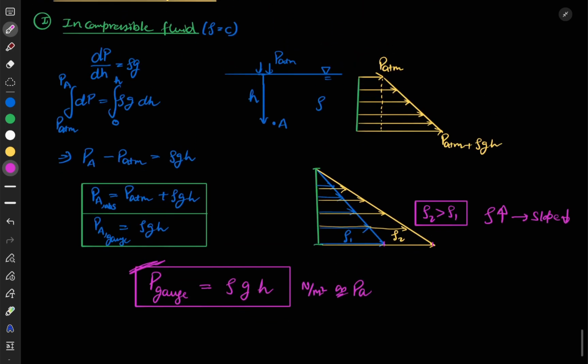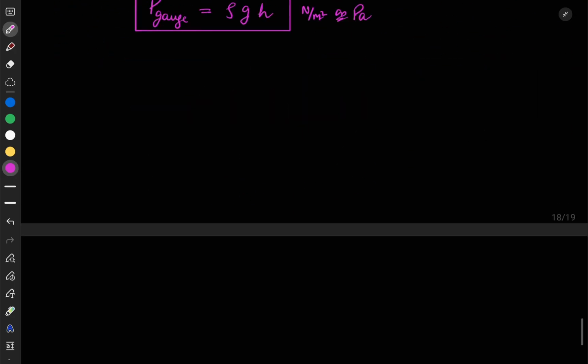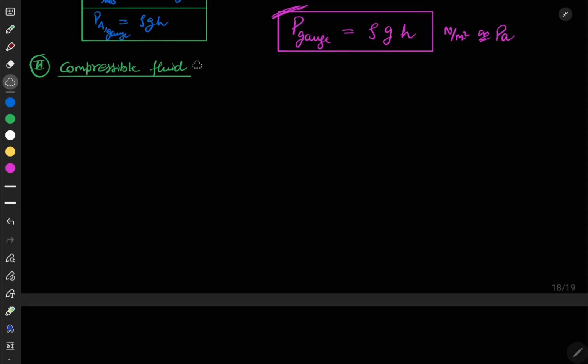Since we have already discussed incompressible fluid, let's discuss compressible fluid now. What will be the variation in the case of compressible fluid? The second one is compressible fluid, in which we will generally consider an ideal gas, and we will treat the medium as isothermal. So we know that our dp by dh is given as,